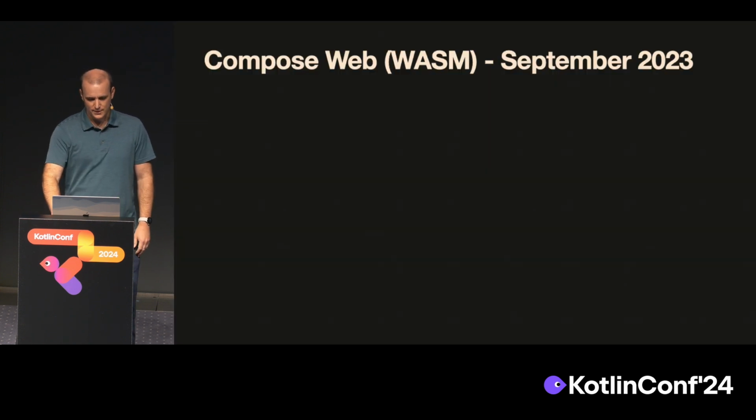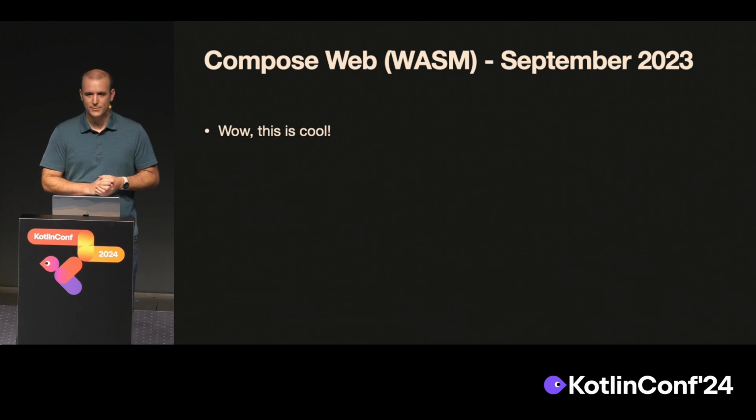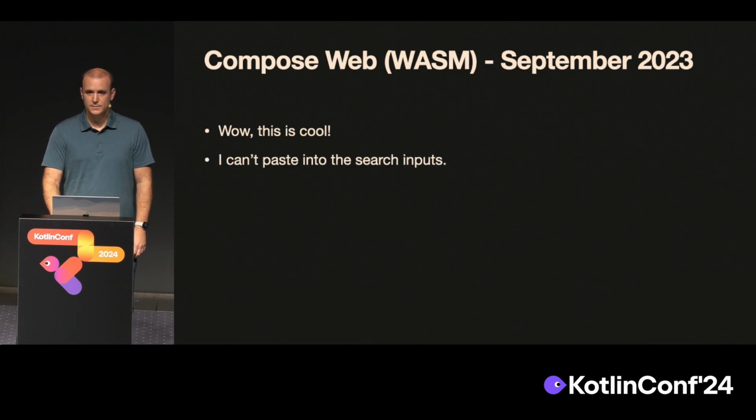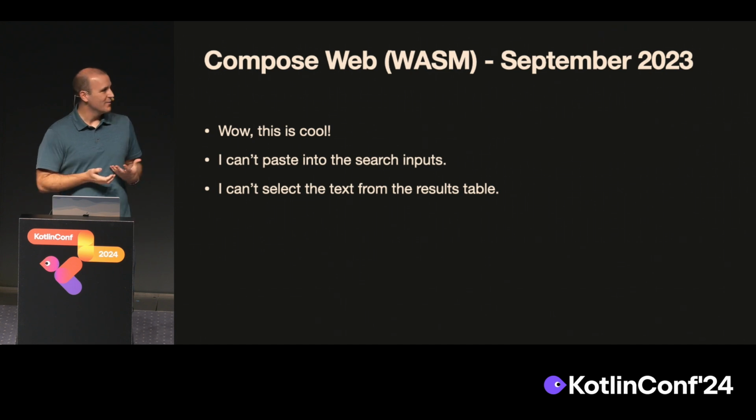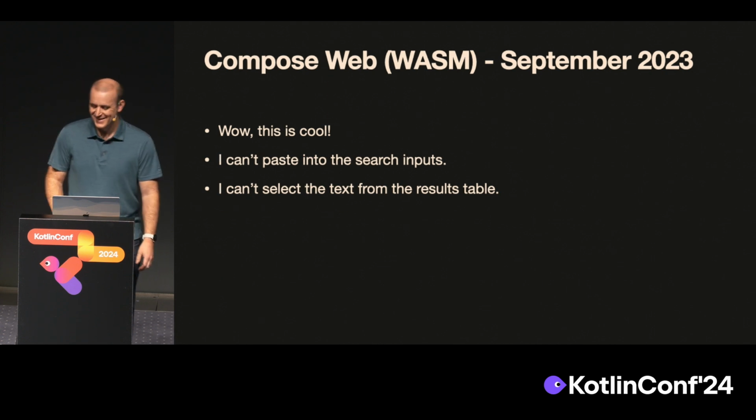So super excited. Again, last September, I'm just giving context to the time period of when I tried this out. I sent it to somebody on the mobile developer experience team, and I was like, check this out, isn't this cool? Wasm is great. And he said, I can't paste. And I was like, but it's cool, right? He was like, yeah, it's cool. But how do I copy the results? It shows me what my modules use and stuff, but it just showed on the screen. I can't get it. It's cool technology, man. But anyway,